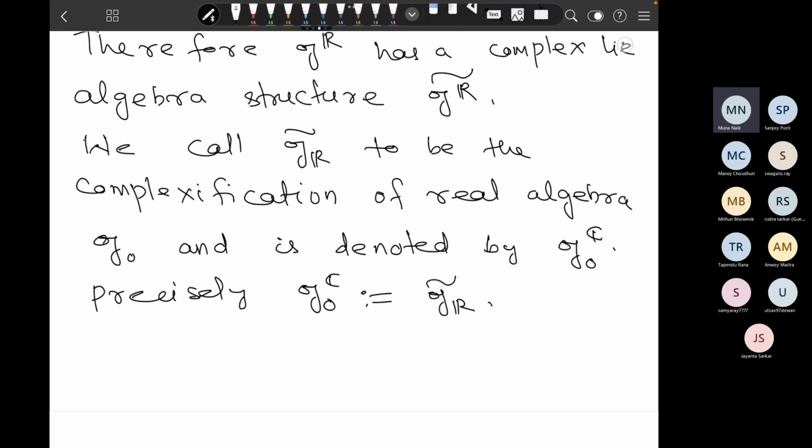If you know a little bit of Lie algebra and a little bit of tensor product,